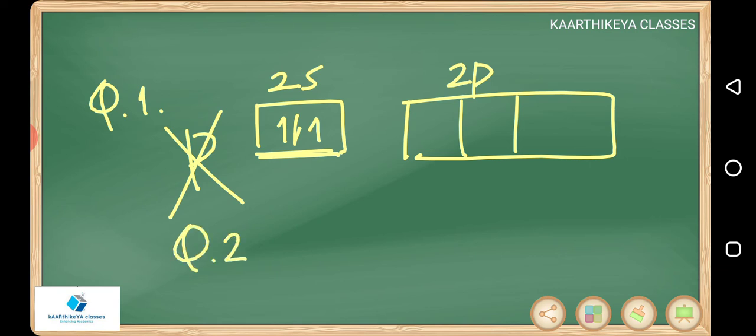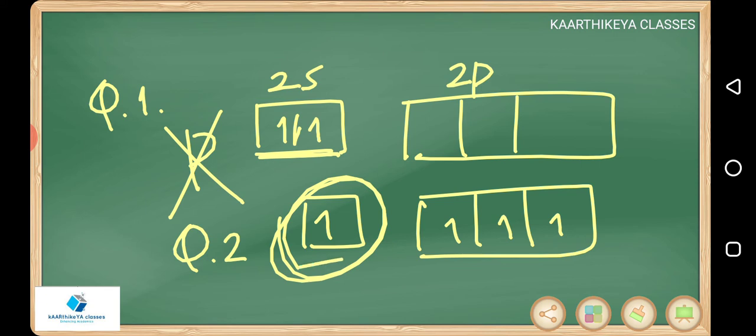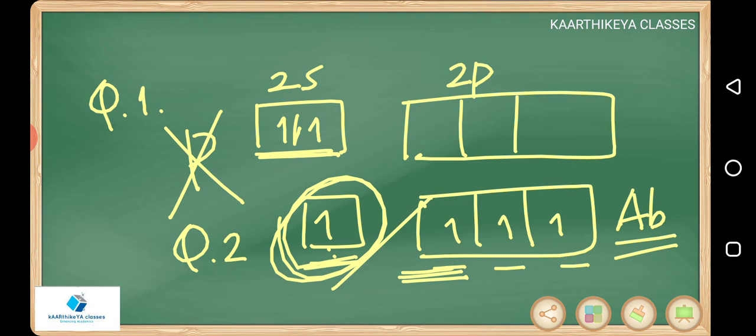Question number 2. If this is the electronic configuration, which rule is not followed? Before completing this one, electrons have jumped here. So this is not following Aufbau's principle. Here you see electrons are filling one by one, so Hund's rule is followed. And one orbital can accommodate a maximum of 2, but here only one electron is there, so no question of discussing Pauli's principle. But it is not completed, so Aufbau's principle is violated.